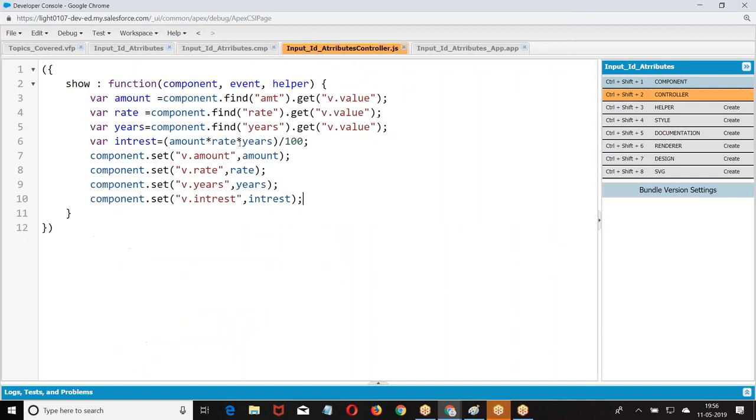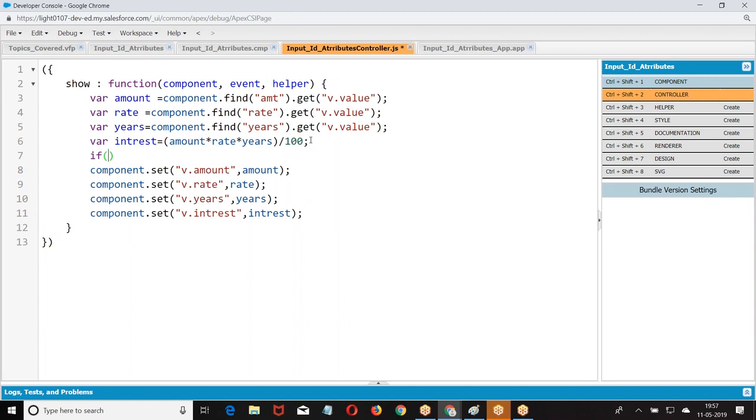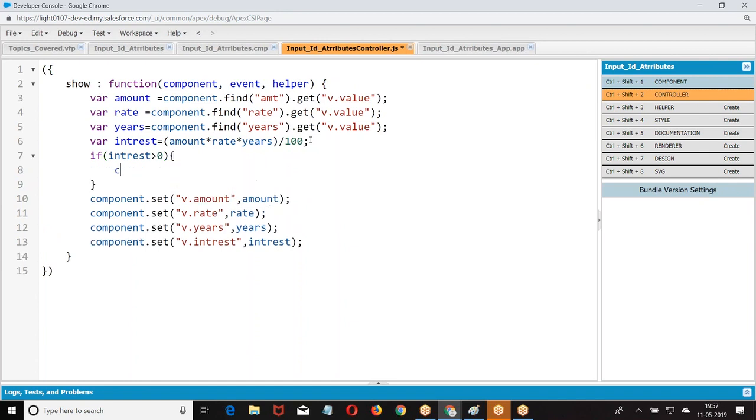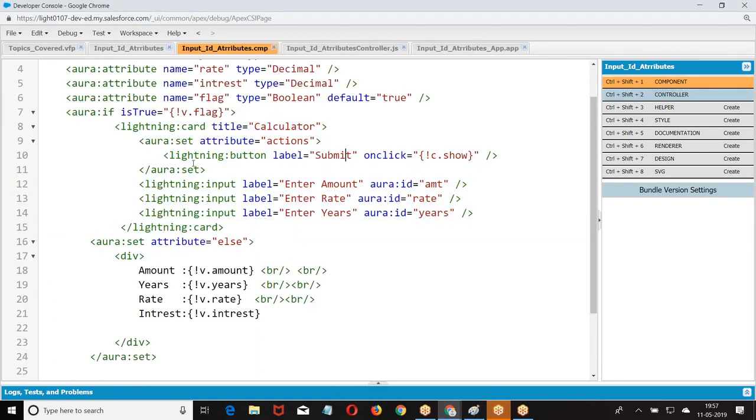Now here in the controller, if interest is greater than 0, component.set v.flag. If the value of interest is greater than 0, right. By default, what have I taken? By default, I have taken true. So aura:if isTrue, the condition is true.